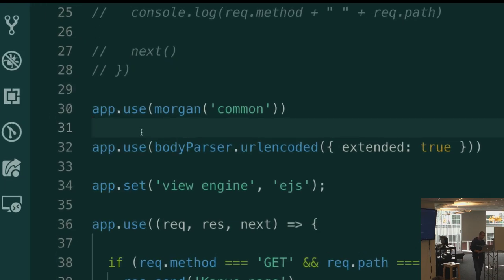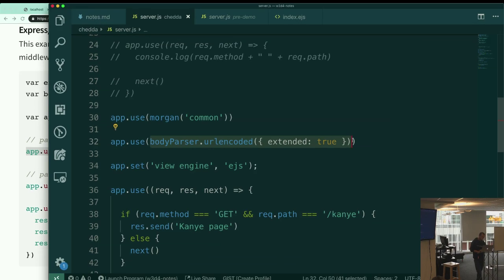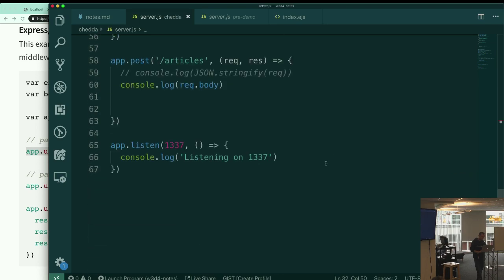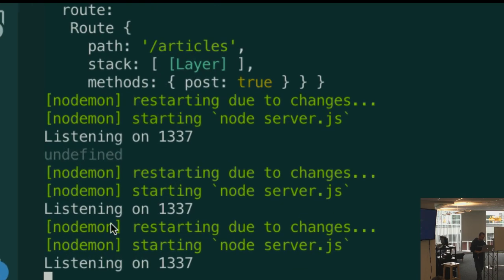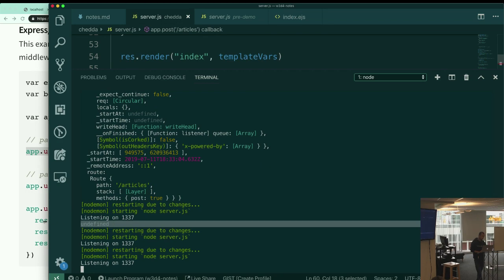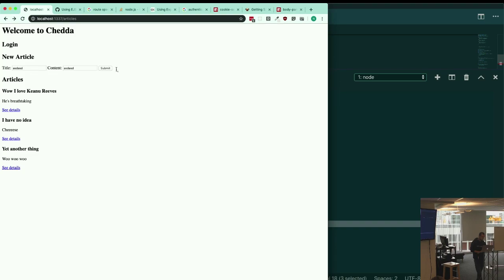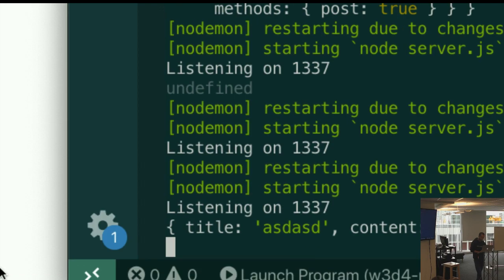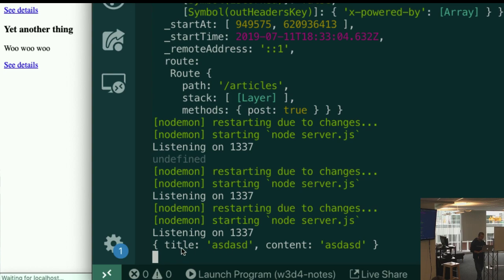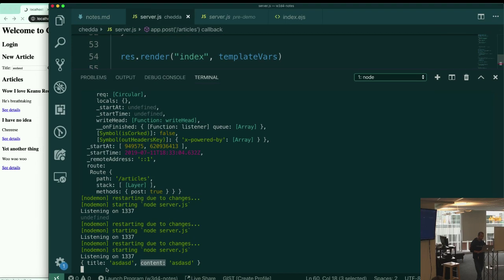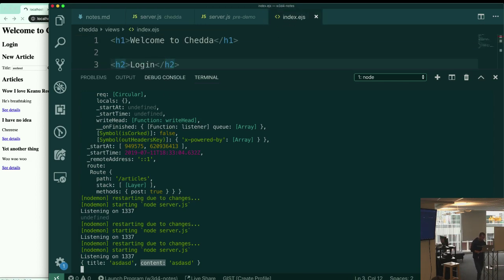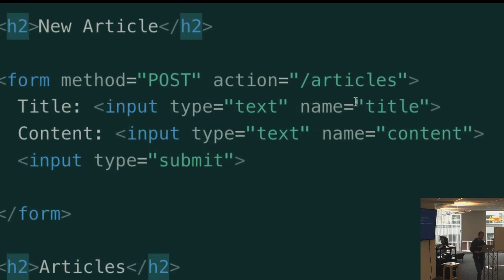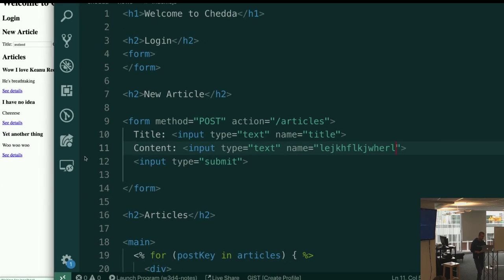The same way that you can configure Morgan in a bunch of ways, you can configure body parser in a bunch of ways, right? But this thing here now is going to make it so when I go req.body, instead of getting undefined like I was getting before, I'm going to get the actual content, right? Title and content. And notice that those keys in that object match what is written in my form. Title and content. If I was to change this, when I submit my form now,